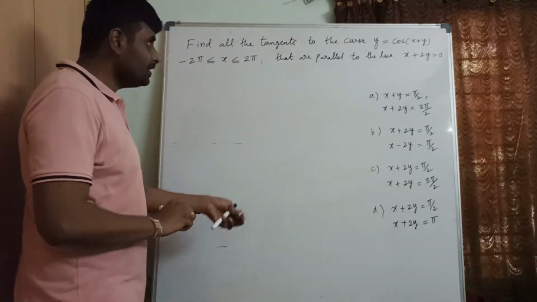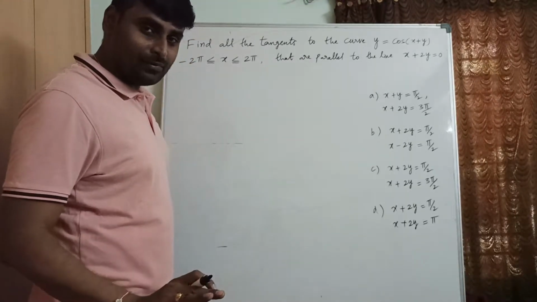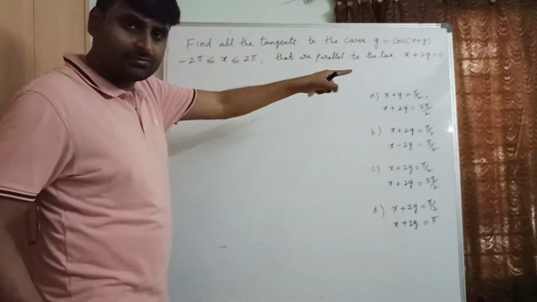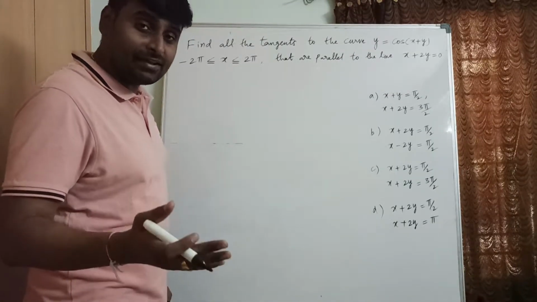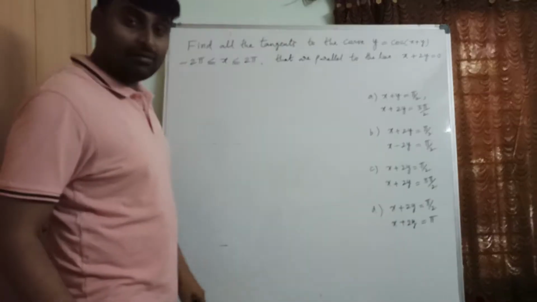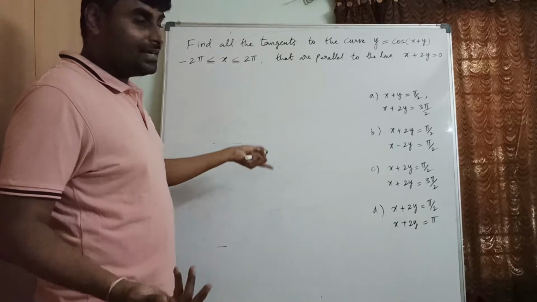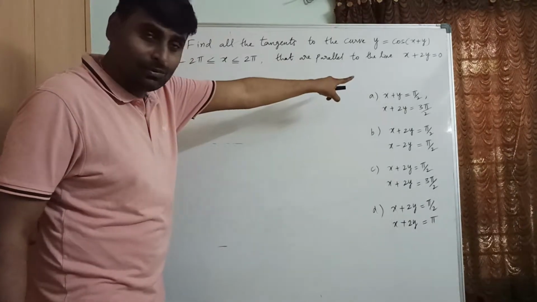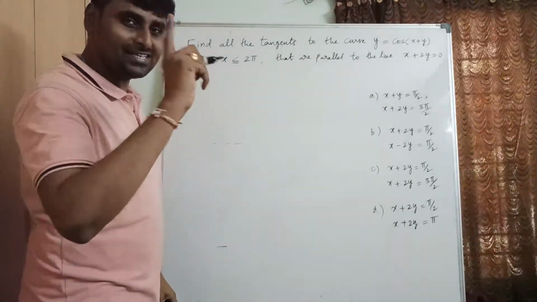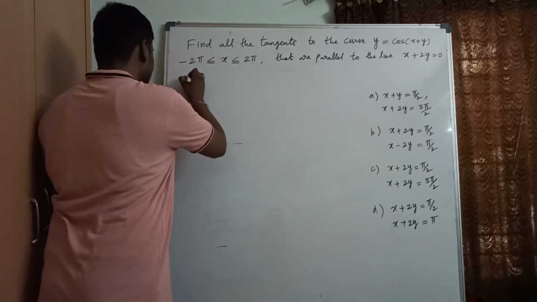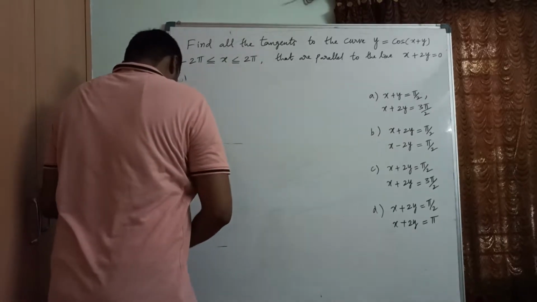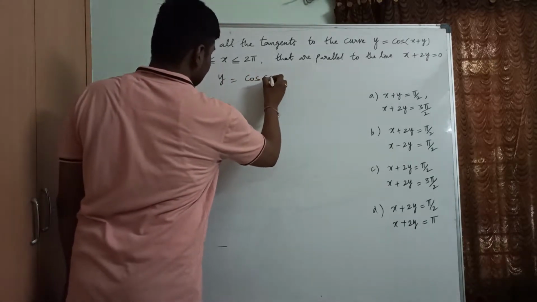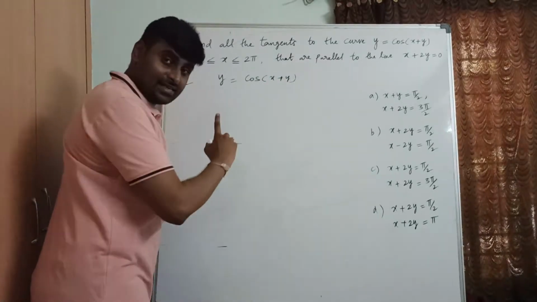So now, what is the first step? In every problem of tangent and normal, we have to simplify the curve. Is there any need to simplify that curve? No, directly we will differentiate. But before differentiating, we have to find the point of contact. But here, from this, we cannot find the point of contact. But what was the second clue? The slope can be equated to minus 1 by 2. See here. Now let us go forward. Here y equals cos of x plus y. Clear? So now let us differentiate this.